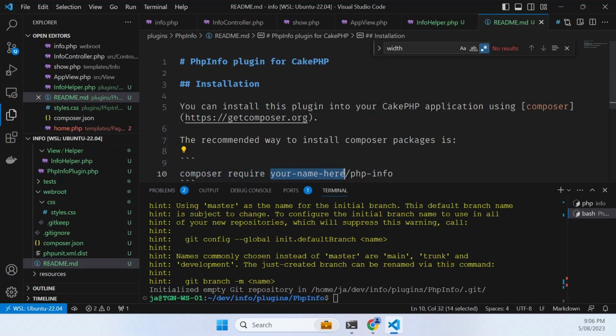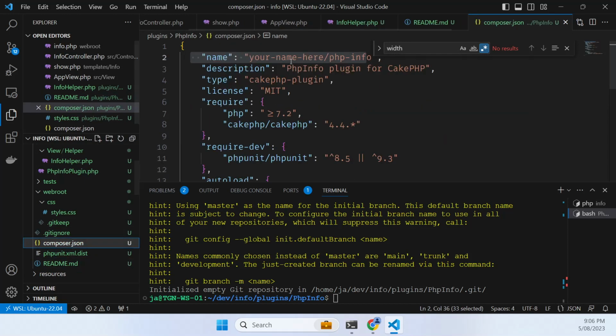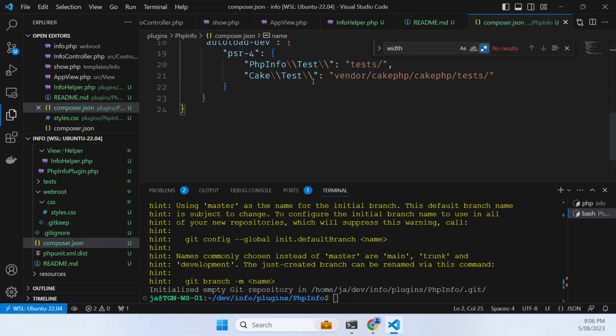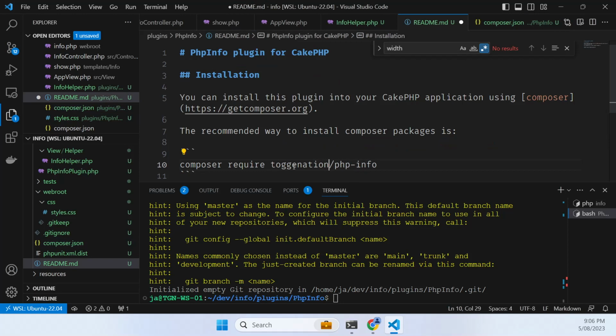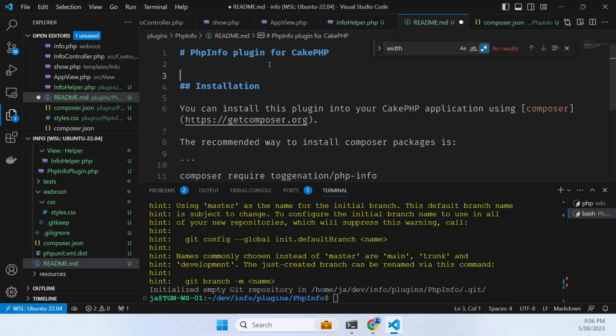Now see how it says your name here? We might fix that. So we're going to say Togonation, and that's given the project a name. License is okay. So we want to change that. Now we're going to have to make some changes to this as well, but